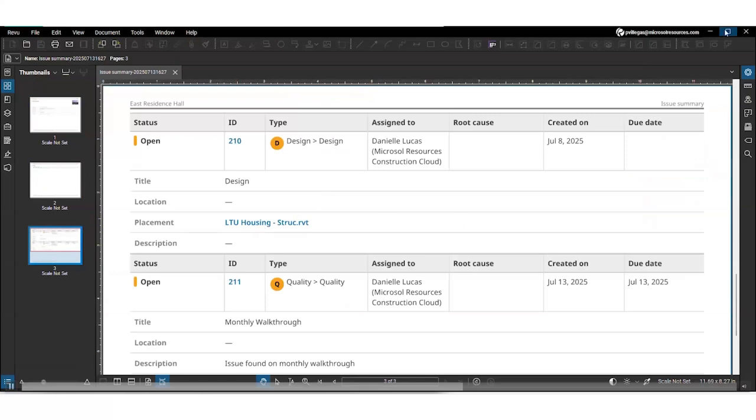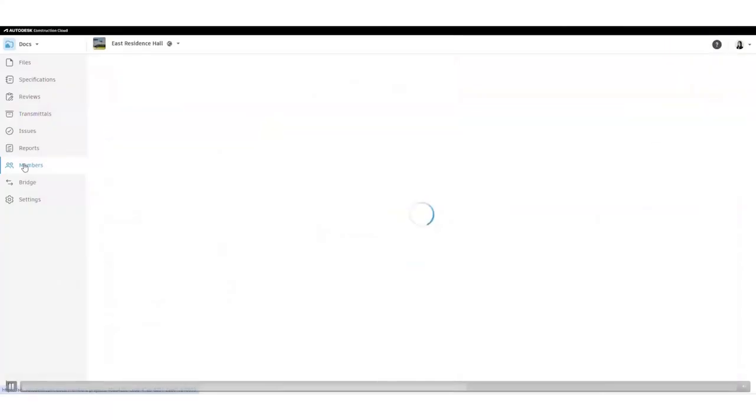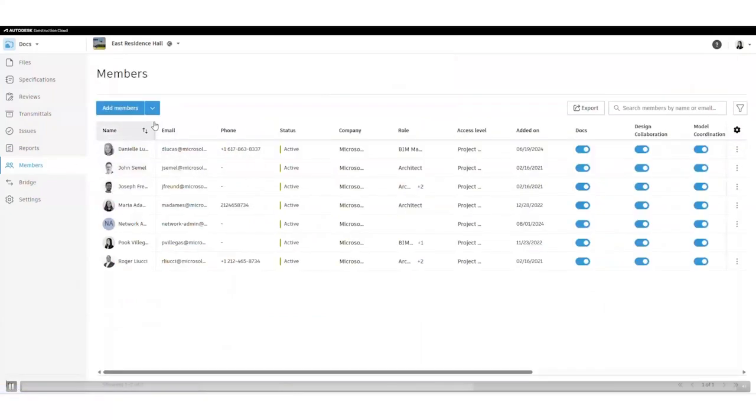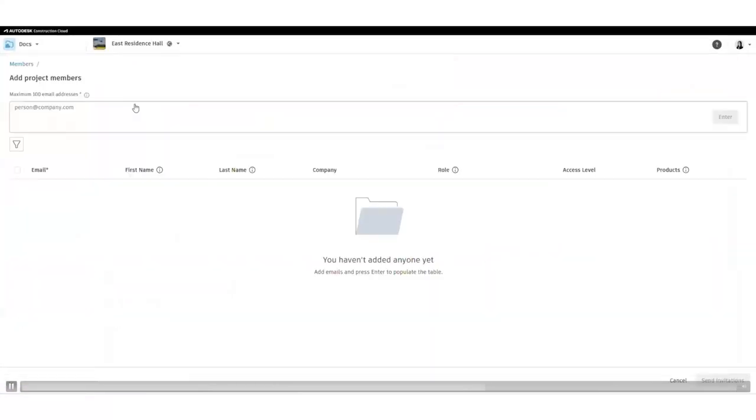Then in the members tab, you'll see here that you can add members, we add project participant. I want to note though that you should first invite your members to the hub, then you can add them to the project. So in here, I went ahead and added a project member,